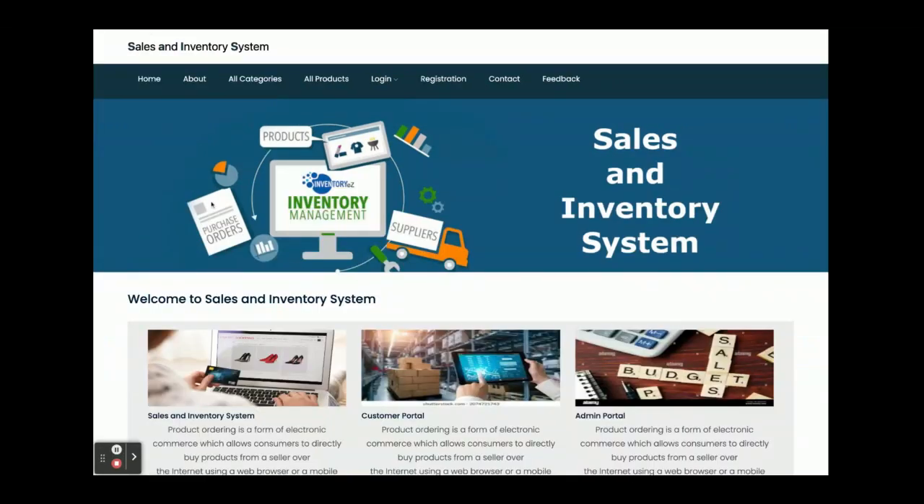Hello friends, welcome again. This is my new project, sales and inventory management system. I have developed this project in Java, Spring Boot, and Angular. For JDK, I'm using JDK 1.8, for the Tomcat server, I am using Tomcat version 9, and the MySQL version is